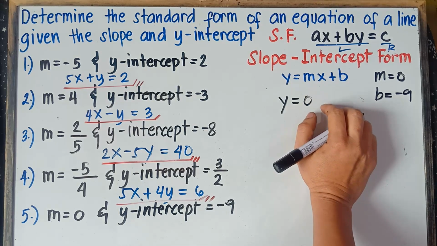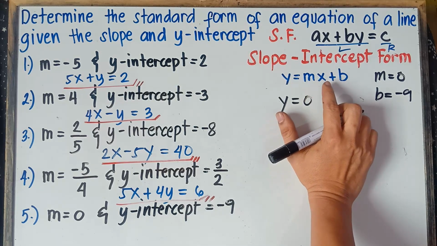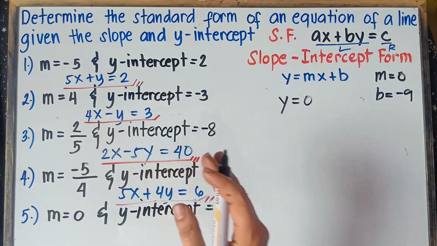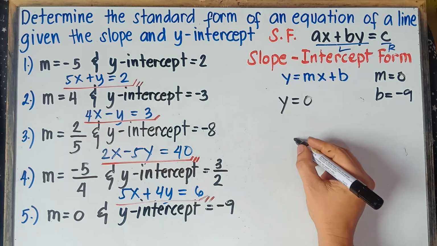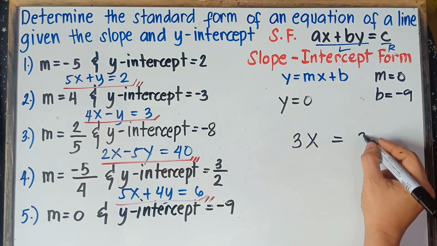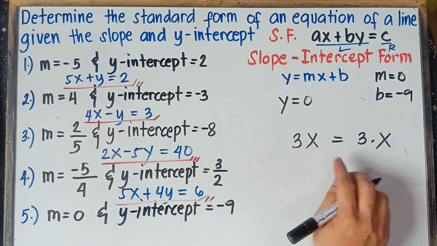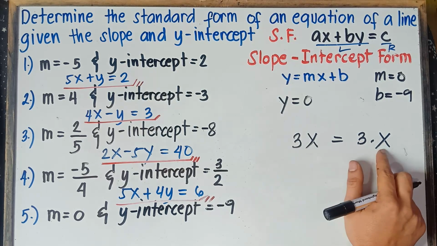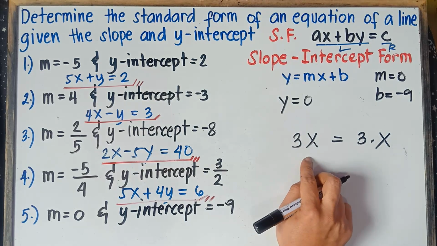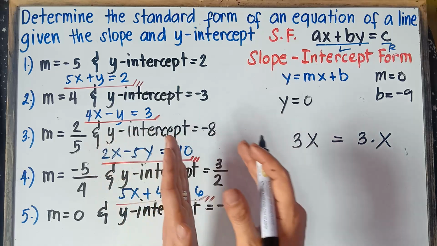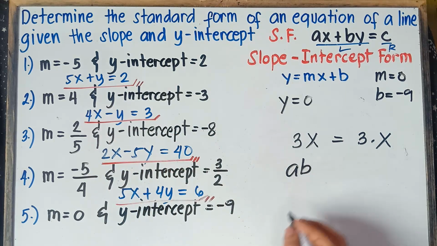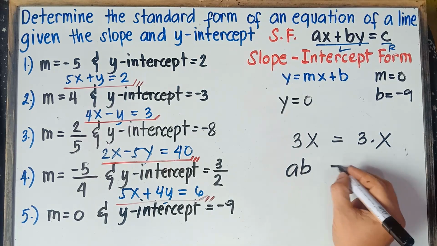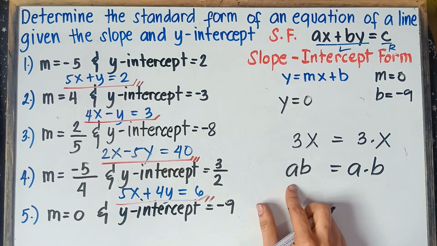Once again, class, if you have a variable together with another variable, it means multiplication. If you have a number close to a variable, it means multiplication. Let's have an example, class. If you will say 3x, this is just the same with 3 times x. Now, if you have a variable together with another variable, example AB, close to each other, it means multiplication. A times B is just the same with AB.